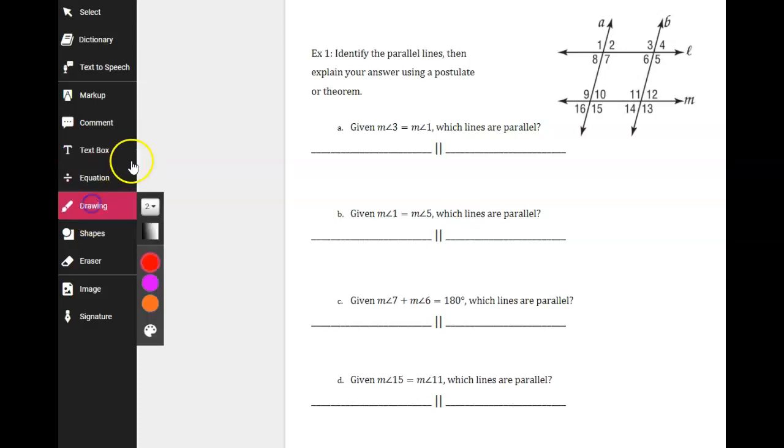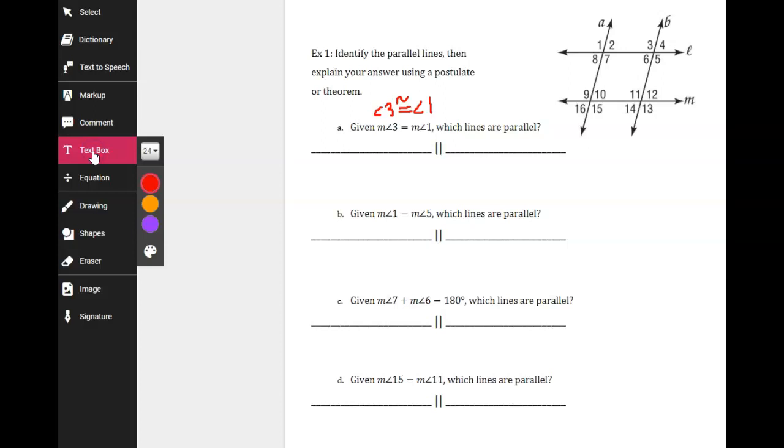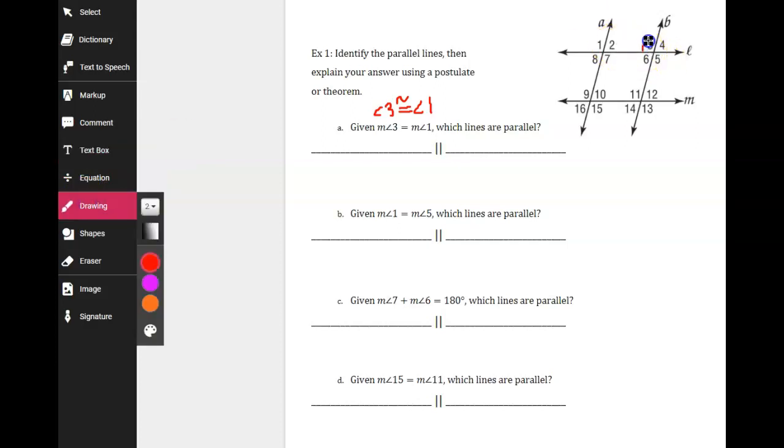Keep in mind that here it says, given that the measure of angle 3 is equal to the measure of angle 1, that could have alternately been written as angle 3 is congruent to angle 1. So those are very related statements. The measure of angle 3 is equal to the measure of angle 1 means that angle 3 and angle 1 are congruent to each other. So given that the measure of angle 3, so here is angle 3, is equal to the measure of angle 1,